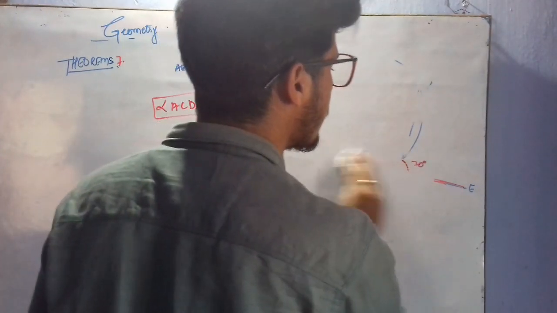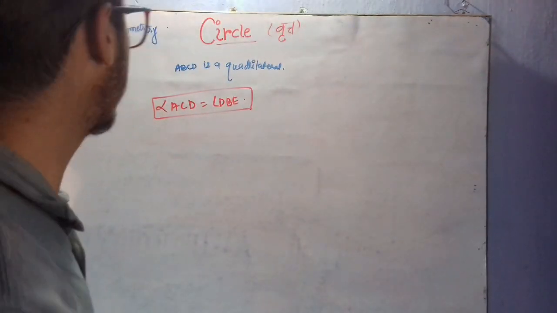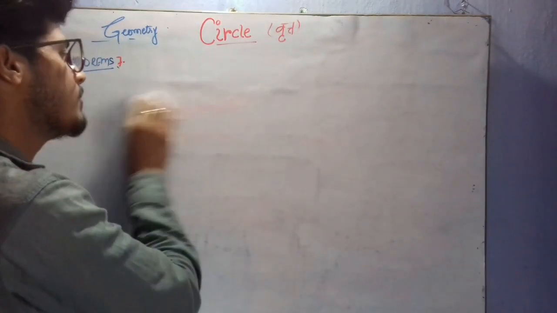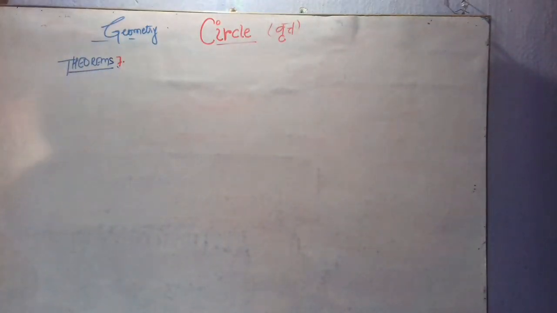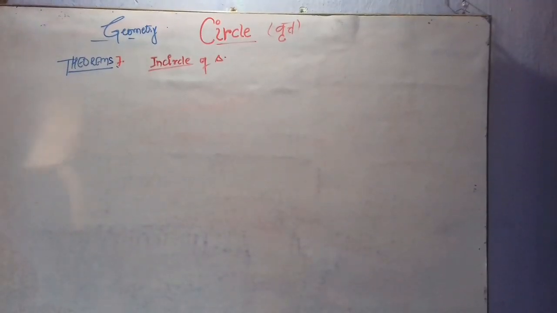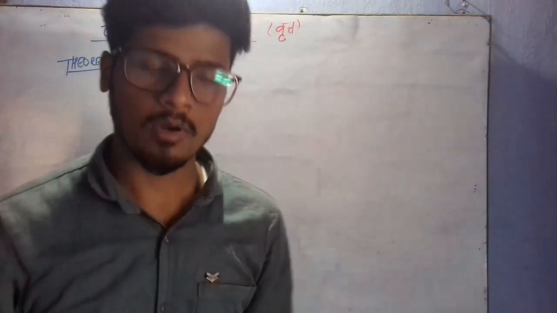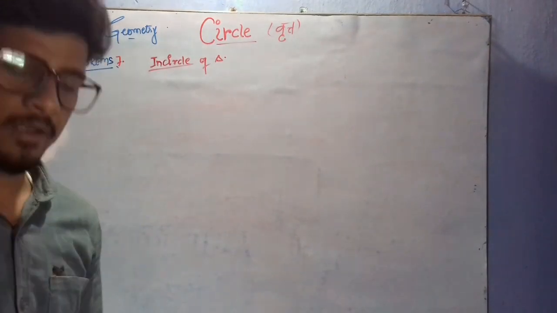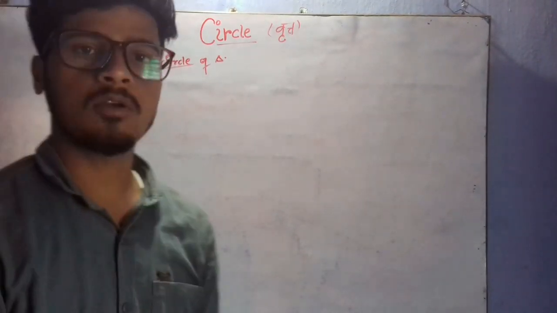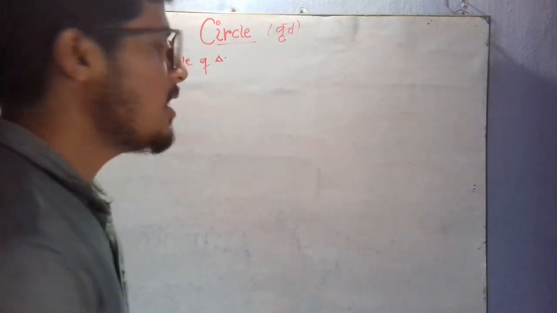If, I repeat, if and only if you have the basic knowledge about all the theorems of the circle and about the geometry. Friends, let's discuss the next point, incircle of a triangle. What does it mean? Incircle of a triangle means that if a circle